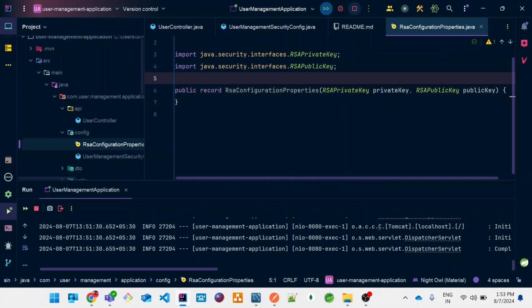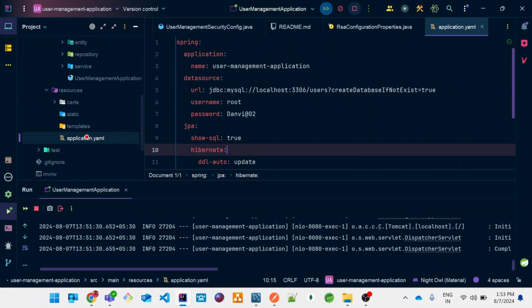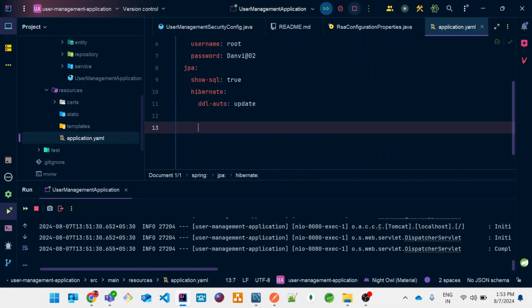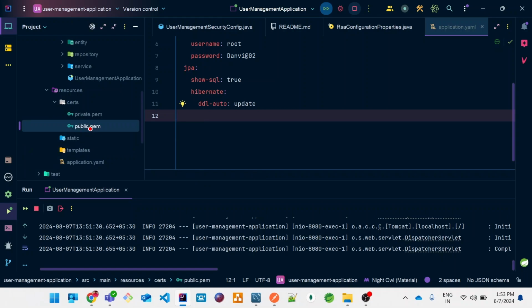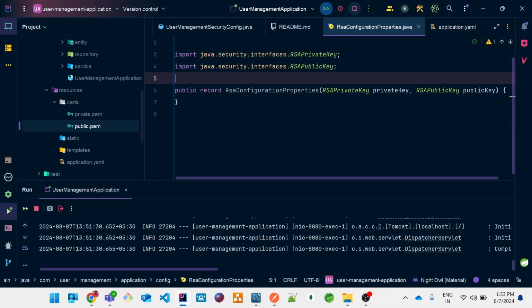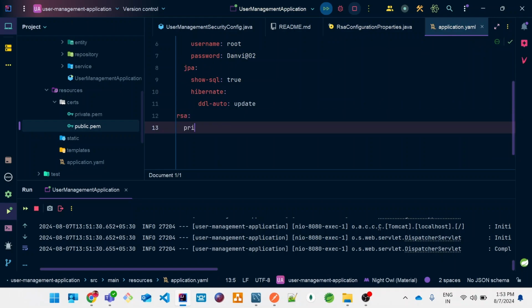So once you define this, the next thing that we need to do from our side, go to the application.yaml, and since we have the private and public keys in the certs folder, we need to define some prefix to set this public key and private key to these parameters. So let's do that. So now we can define a private key, classpath,